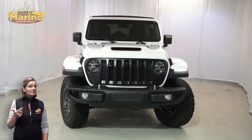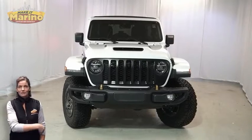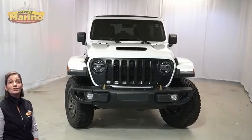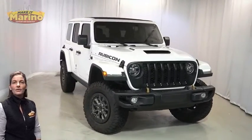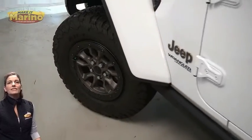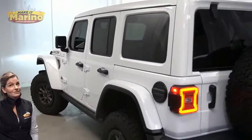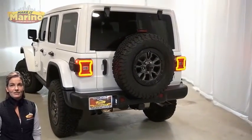Power, performance, capability, and capacity allow you to take this on and off road as you take on new adventures. Take a look at this super rad 2021 Jeep Wrangler Unlimited Rubicon 392 in bright white. With LED reflector headlamps, front fog lamps, 17-inch by 7.5-inch beadlock capable wheels, power heated mirrors, body color fender flares,